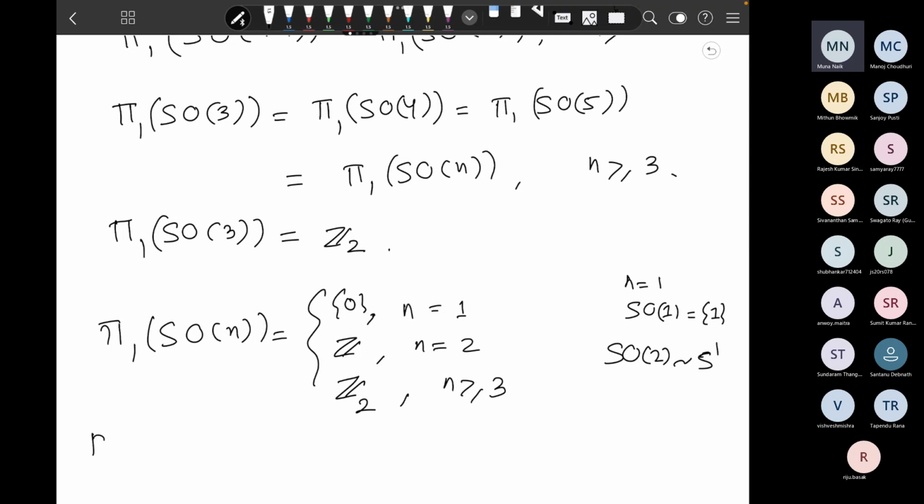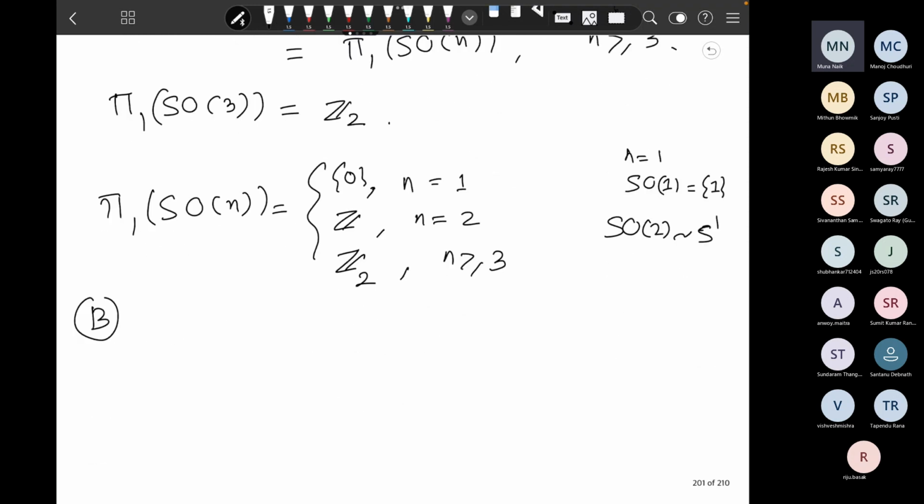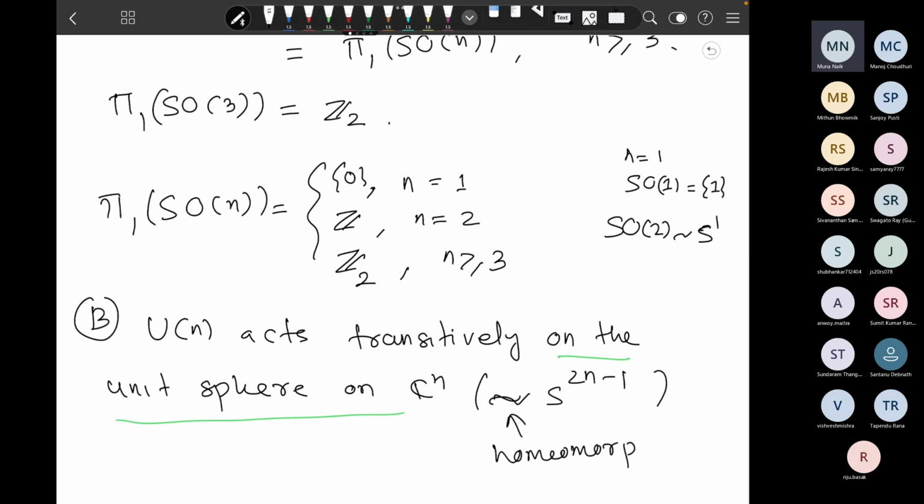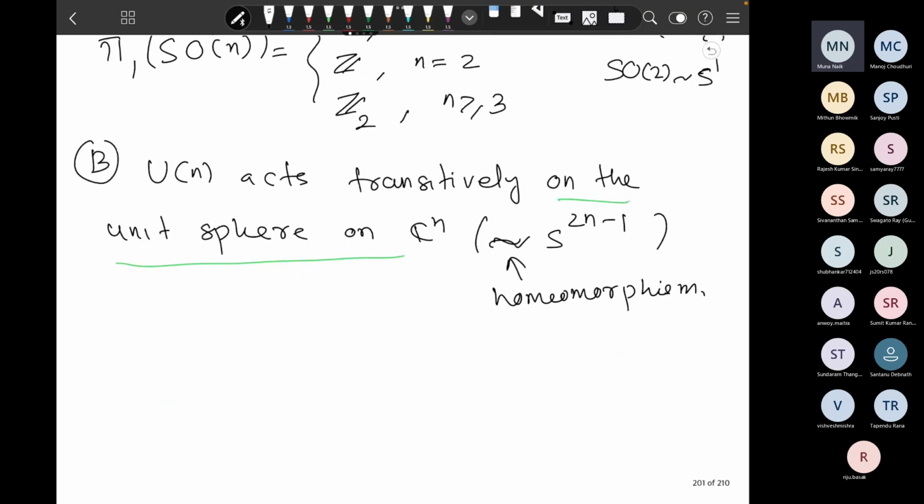So this is for SOn. We do a similar argument for Un. So Un acts transitively on the unit sphere in Cn, and the unit sphere in Cn is really homeomorphic to S2n minus 1. So this is a homeomorphism. In fact, that means you apply that homogeneous